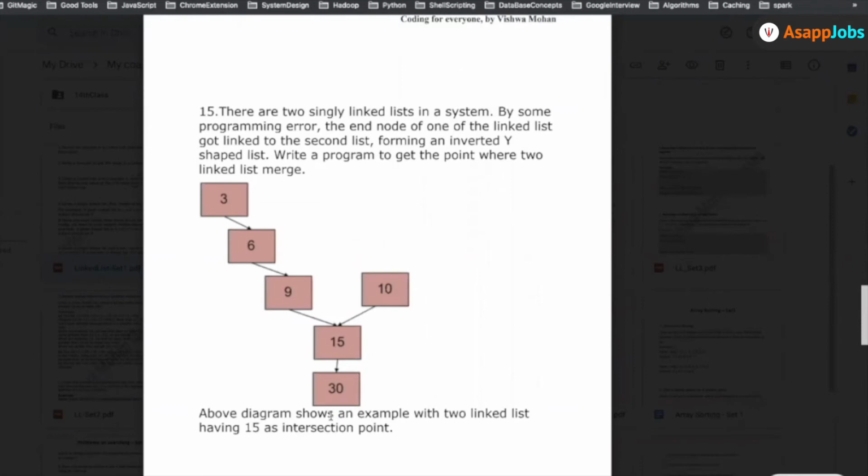So whatever the longest list is, you first iterate 2 times. So you move from the 3 and you move to the switch. So now you are at the ninth in the largest, and now also you put one pointer in the shortest list.